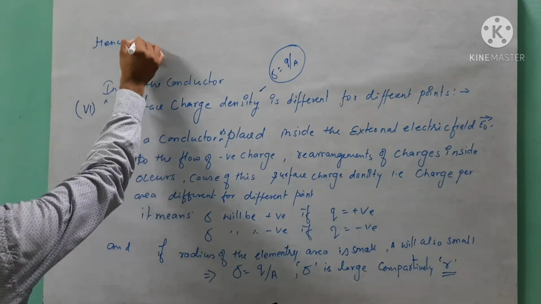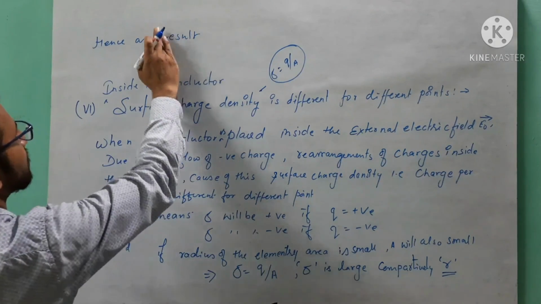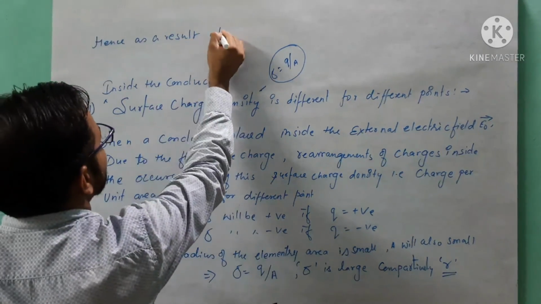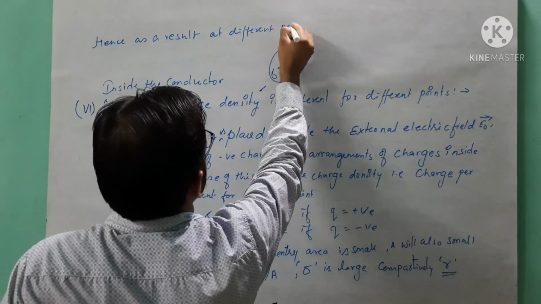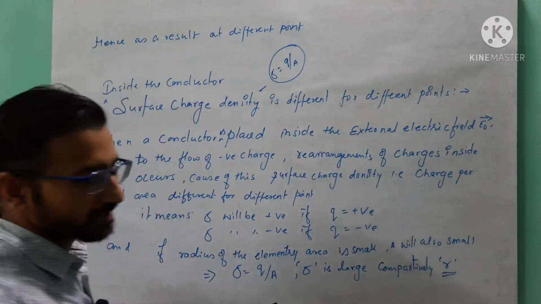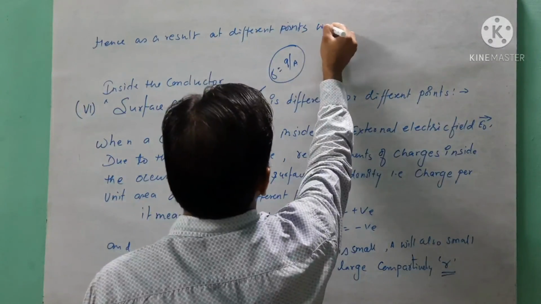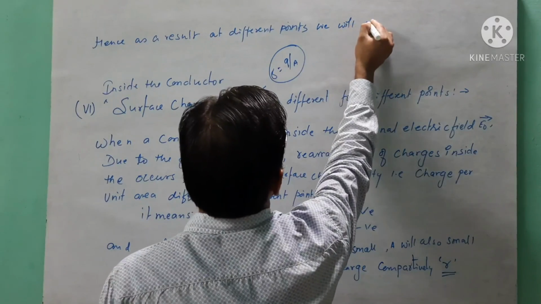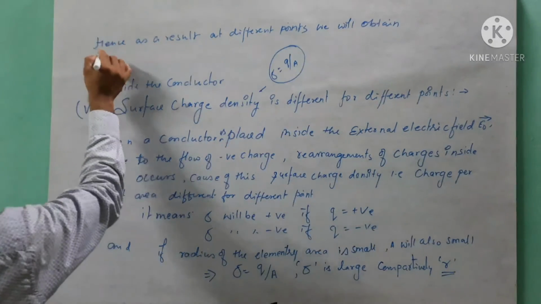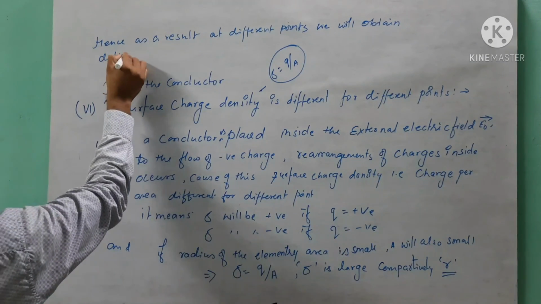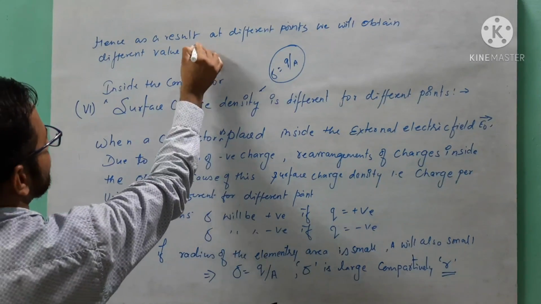Hence, as a result, at different points, because the area of cross section is changeable due to the rearrangement, we will obtain different values of sigma. Got it,